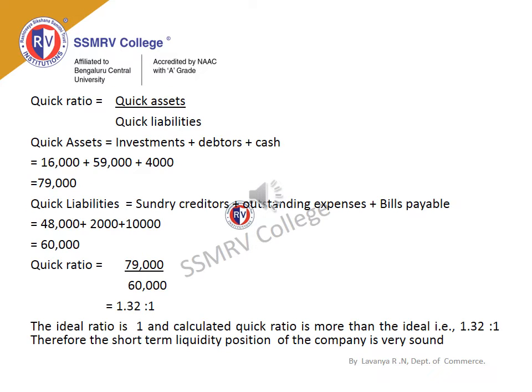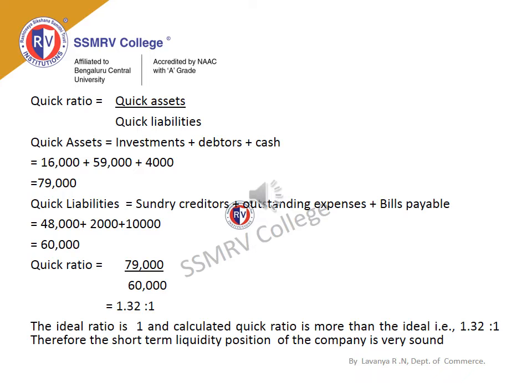We will understand the computation of quick ratio. Quick ratio will indicate whether the concern will be in a position to pay its current liabilities without utilizing the stock and additional financing. And quick ratio will be calculated by using the following formula. The formula of quick ratio is quick assets by quick liabilities. Identify quick assets from the balance sheet. Investment, debtors, cash are quick assets. And you are excluding stock and prepaid expenses while calculating quick assets, because stock and prepaid expenses will take time to convert into cash. So you are not taking stock and prepaid expenses while calculating quick assets.